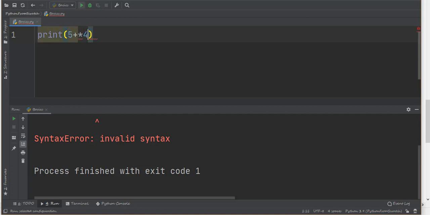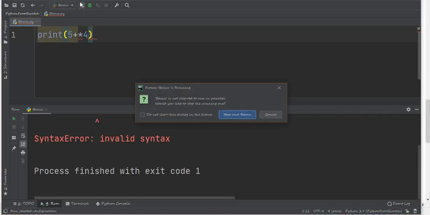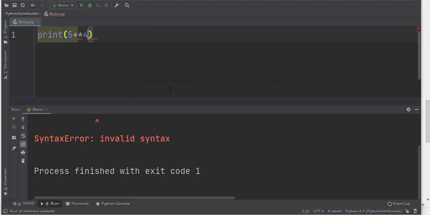Yeah, it is also going to give me an error, right? So at the sides of each operator, there should be an operand. That is the basic rule for writing expressions and using operands and operators. That was the basic about operands and operators and expressions.